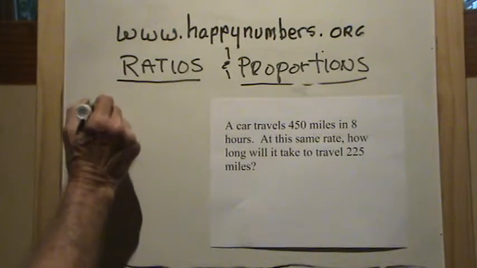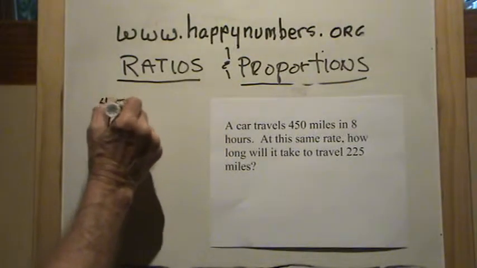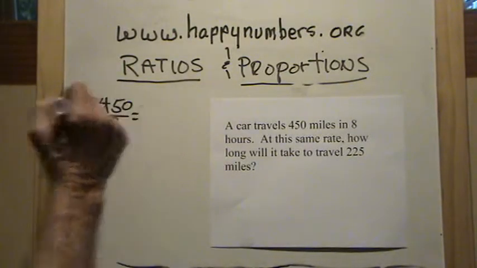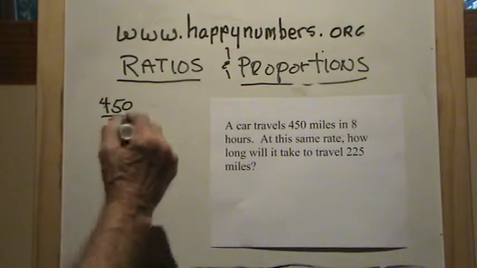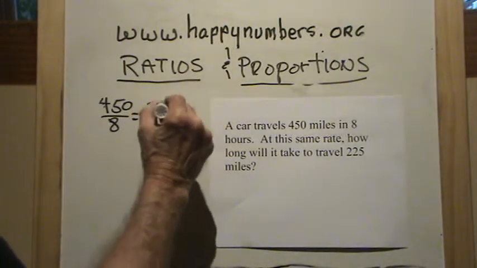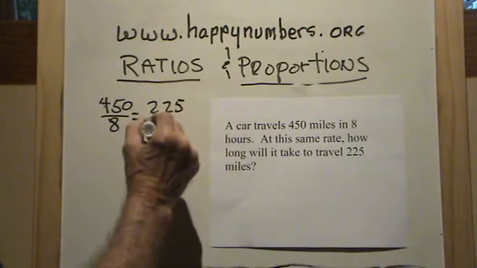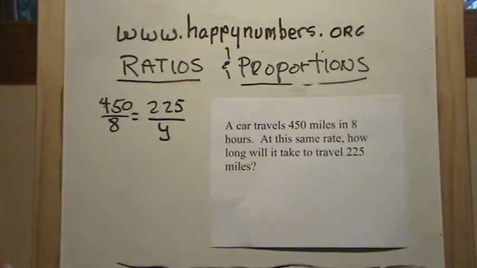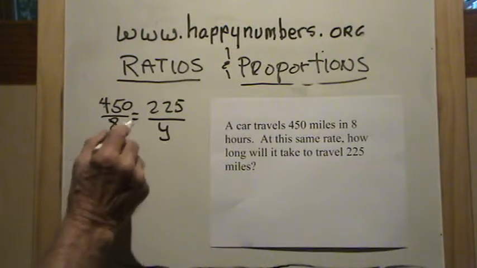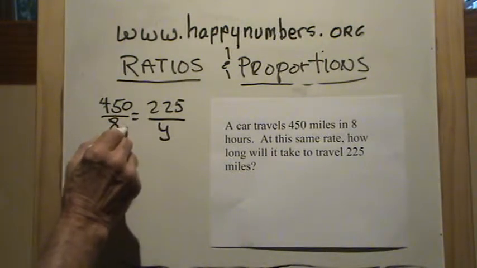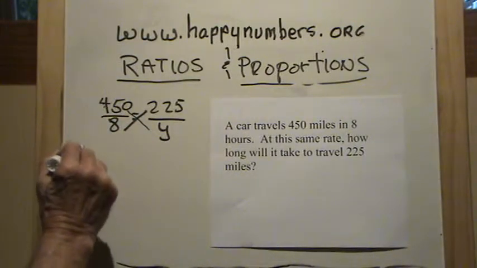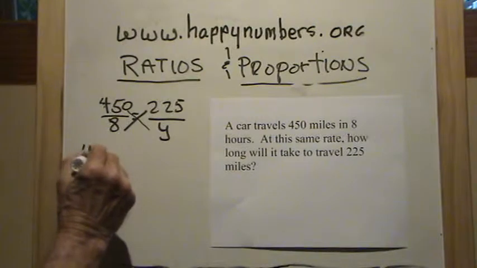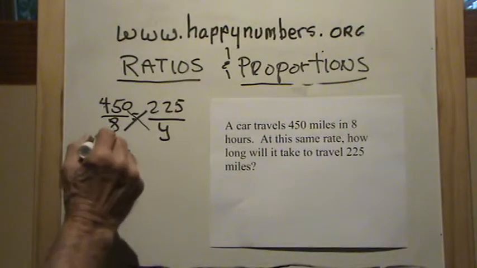The car travels 450 miles in 8 hours. And at the same rate, how long will it take the car to travel 225 miles? Well, let's just say that's y. Well, we know if the proportion is true, we can use the properties of the cross product being equal. So 450 times y would be 450y. And 8 times